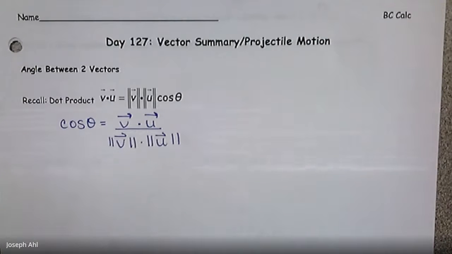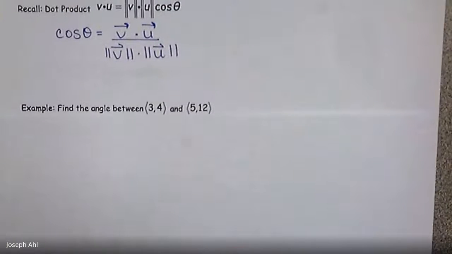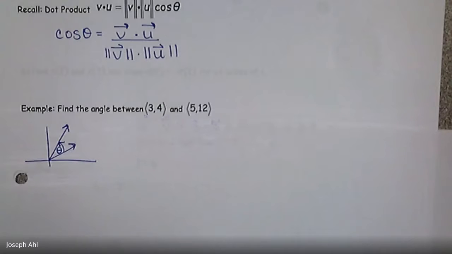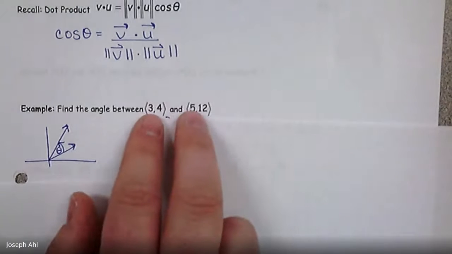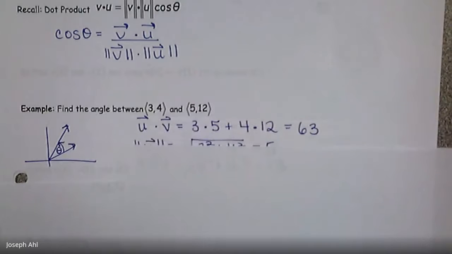So just as a quick reference as to how we compute an angle between two vectors, given <3, 4> and <5, 12>, the angle that we're looking for in question here would look something like this, right? If you could graph those vectors based on their components, we're looking to determine the measure of that angle. So the dot product, as a recall, is the product of the component pieces, and then you find their sum. So u times v as a dot product is 3 times 5 plus 4 times 12